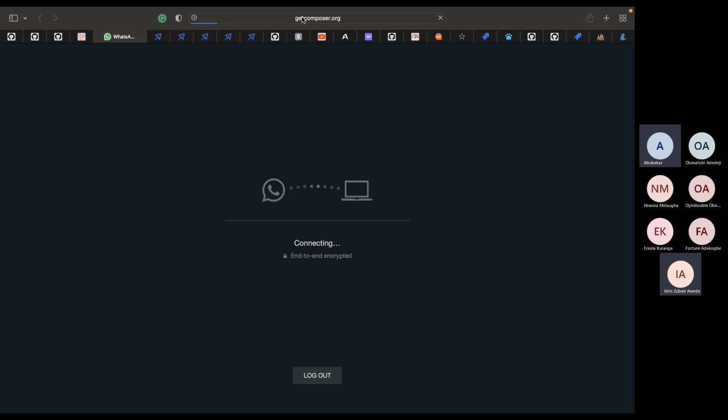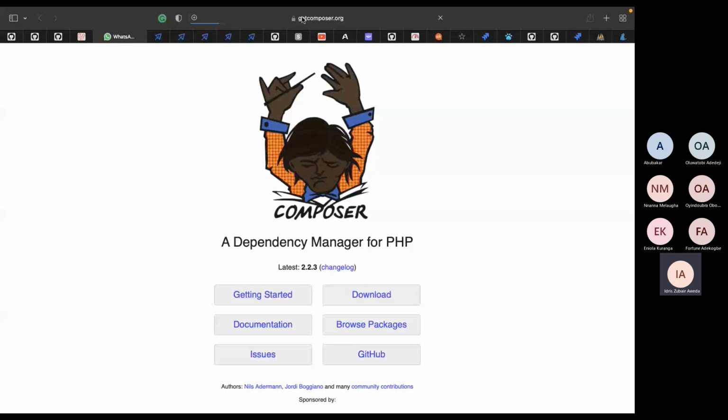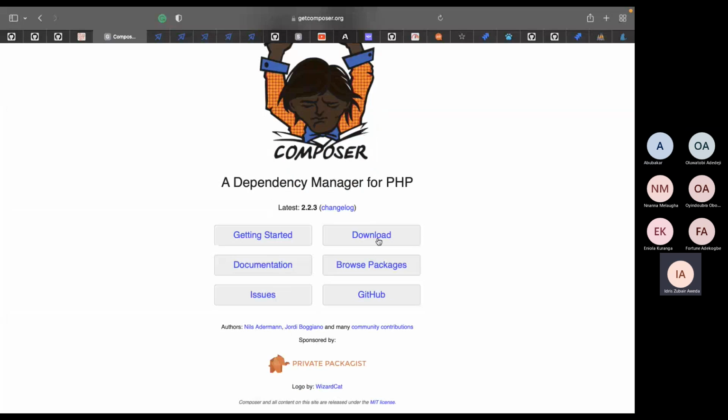So once you have composer installed, to test whether you have it installed, you go to your command line or terminal, and you type in, okay, see, this is what you see. It's very easy. So you see the magician, and you look for download. Once you click on download,